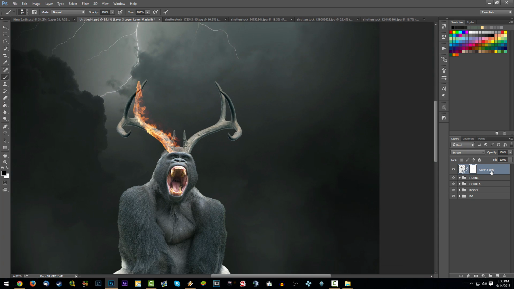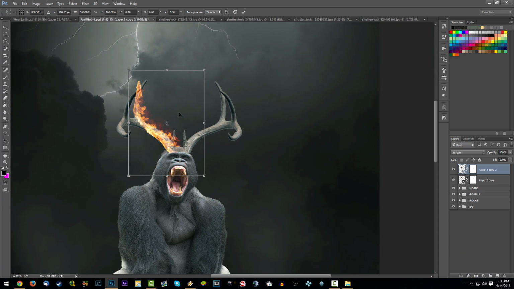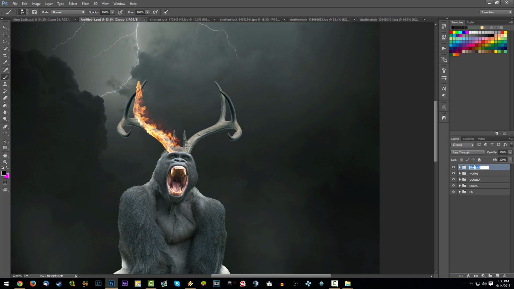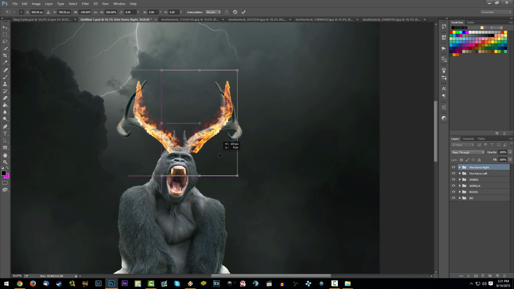So I'm going to make a copy of this. I'm going to Control T, and wait a second, another copy. Okay, I'm going to leave it like this because it's more intense. I like that. So I'm going to group these 2 layers. Fire horns left, or right if you're the gorilla, and I'm going to make a copy. I'm going to call this fire horns right, and I'm going to press Control T and flip the group horizontally with the flip. So it's just the exact same thing,